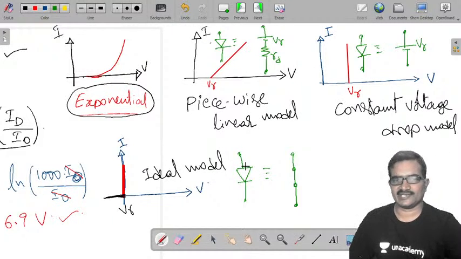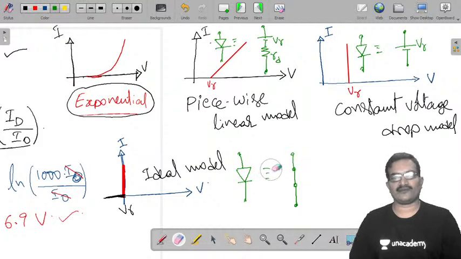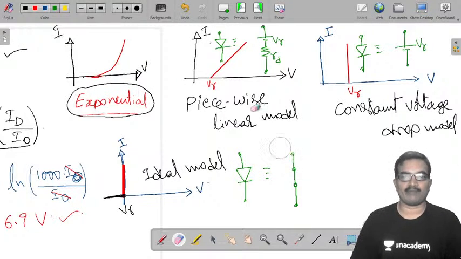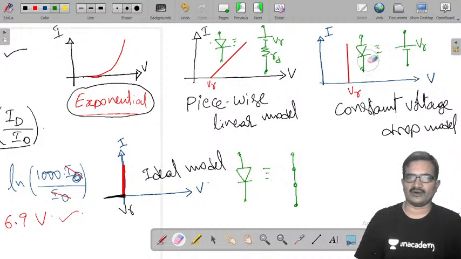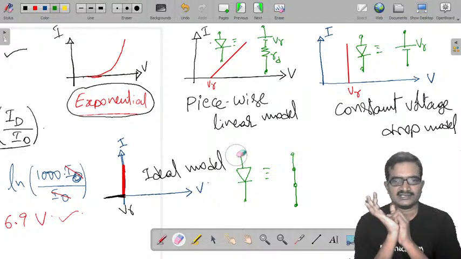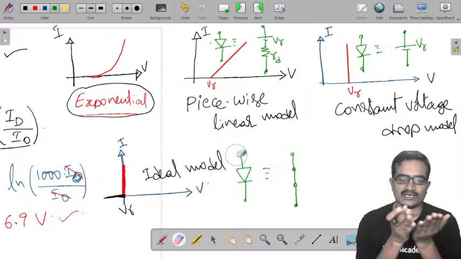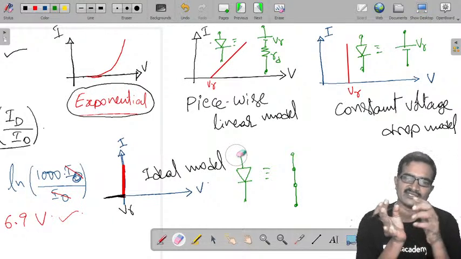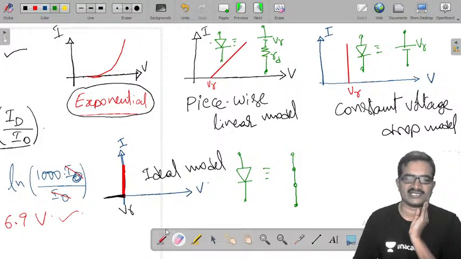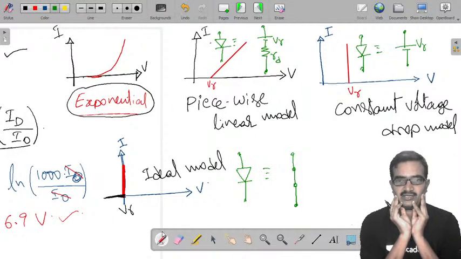Now you may ask, sir, how can we identify which model they have given? They may give the model in terms of equations, or in terms of a plot. If they give it in terms of a plot, we know how to replace your diode. If they give it in terms of equations, how do we identify that? Everything we observed in small signal modeling of the diode, and there itself we go for different possible models, and we solved one problem. There was one beautiful problem on this, given in a previous GATE, I think in 2013. We solved that one.